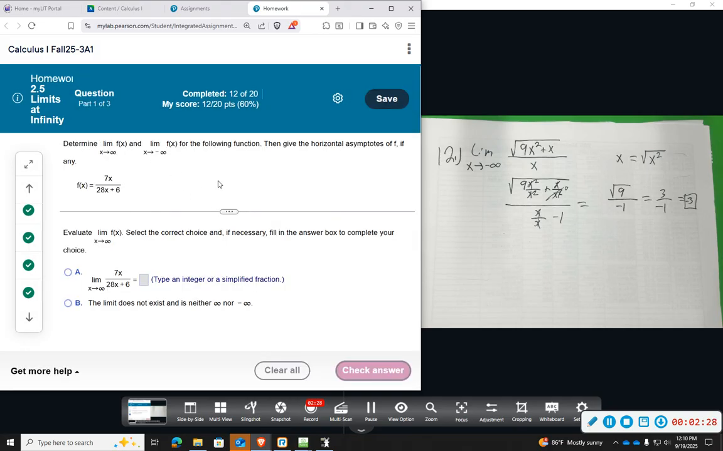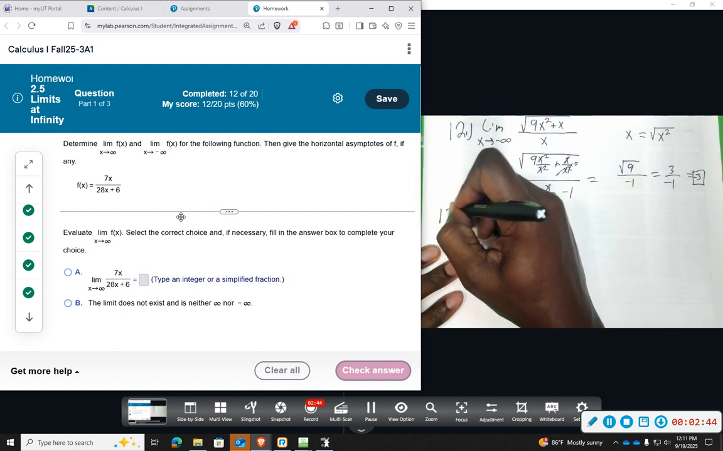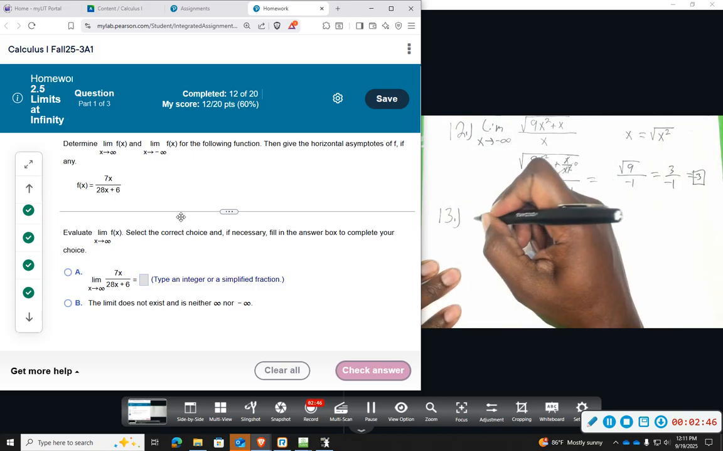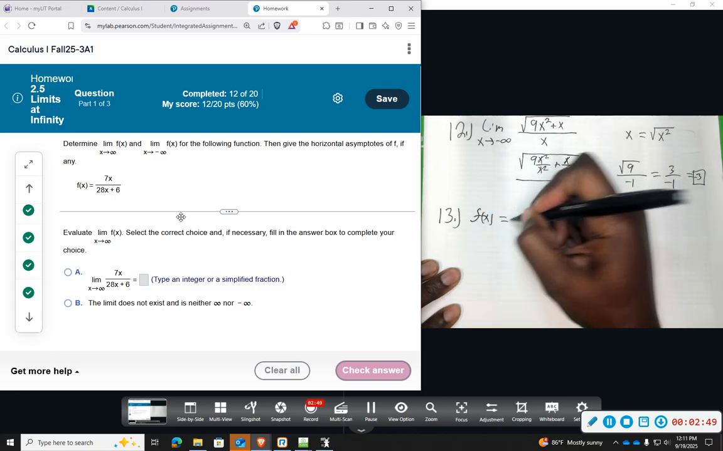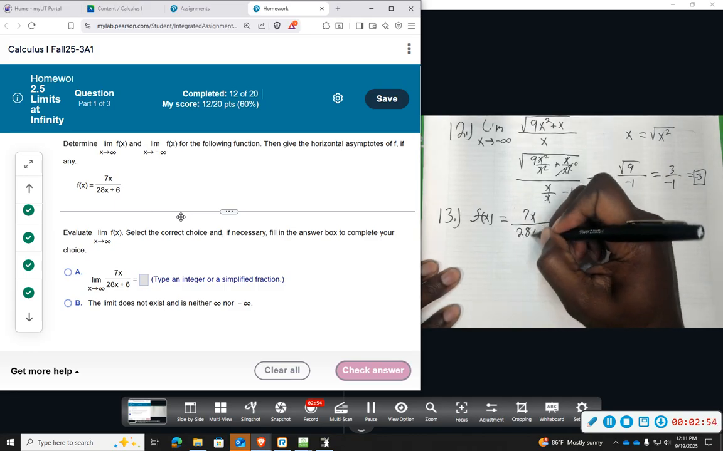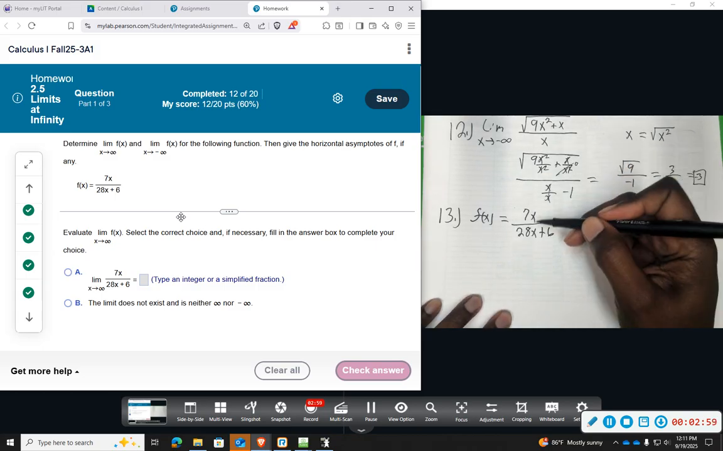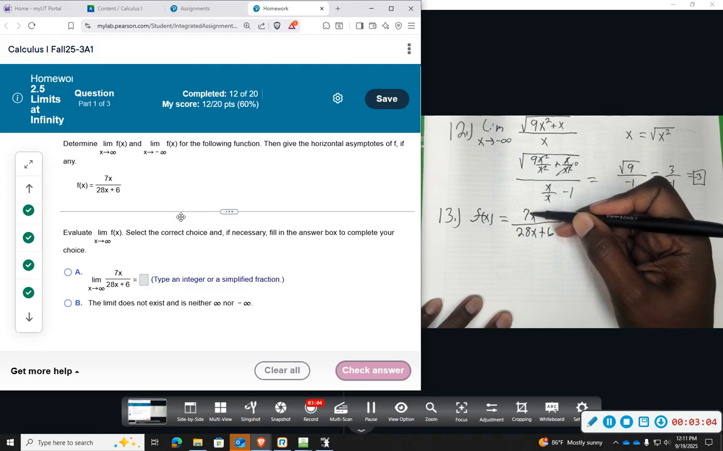And then number 13, we're going to determine the limit for f of x as we go to positive infinity, negative infinity, and then give the horizontal asymptote. F of x, 7x over 28x plus 6. So if we look at the numerator and denominator, they have the same degree, and so the